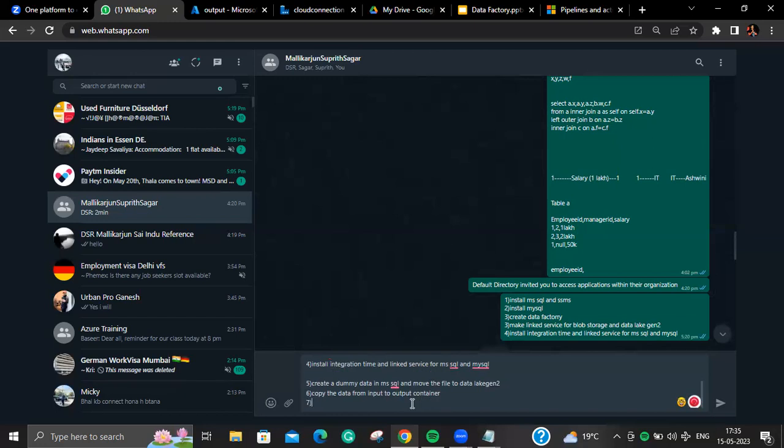Now, the seventh homework is to copy the data in Data Lake Gen 2. Copy the data from input to output, like from your blob to Data Lake Gen 2,